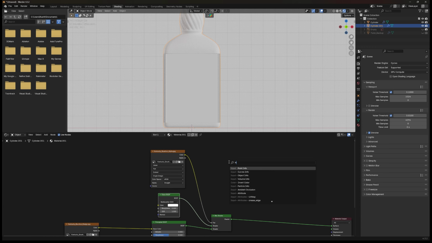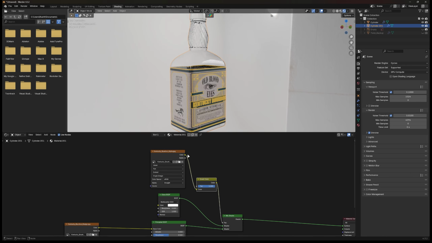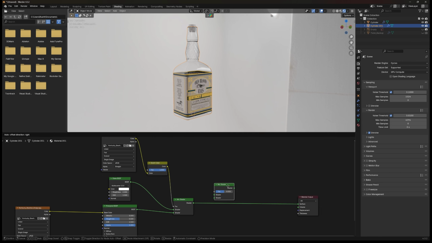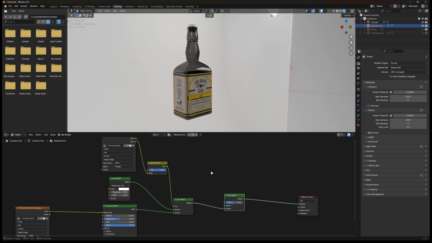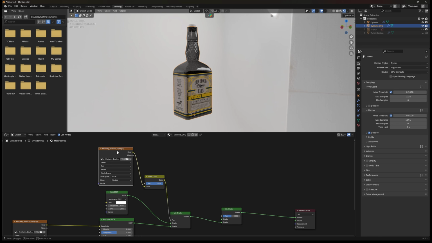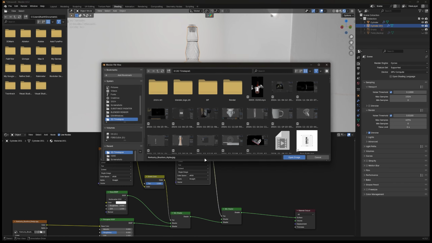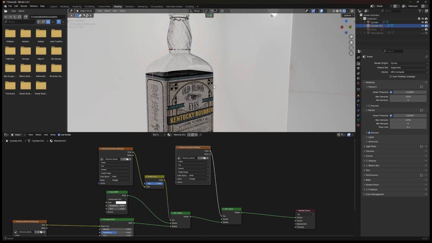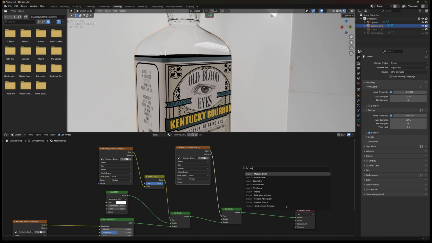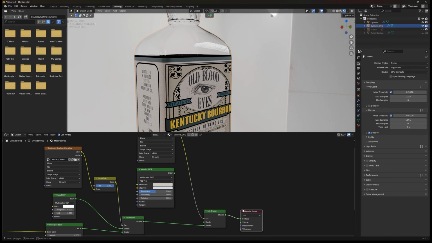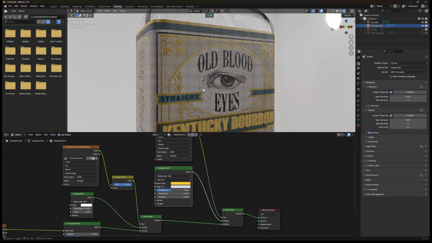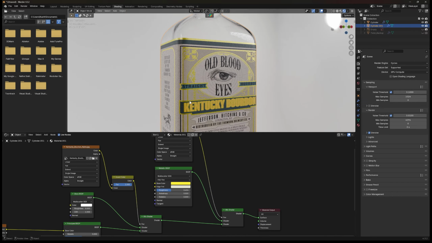Add invert color on the front alpha textures to flip the contrast. Duplicate the mix shader one more time and place it on the front here. Duplicate image textures and connect it to factor like before, then change the textures to metallic. Add a new metallic BSDF, then connect it to the shader input slot and change the color to goldy yellow. This node is available in Blender version 4.3, I guess.